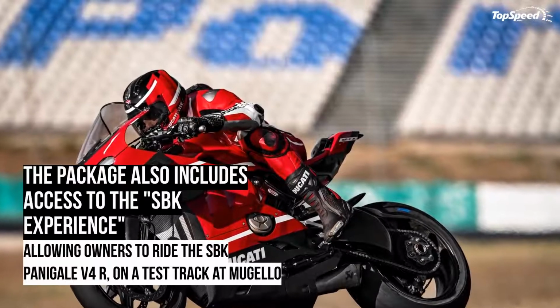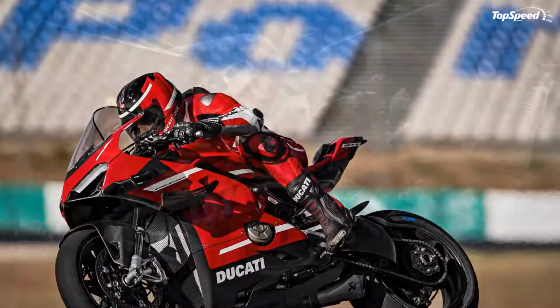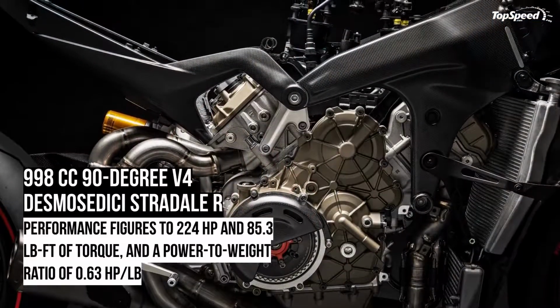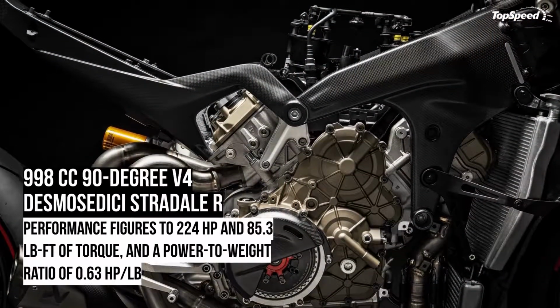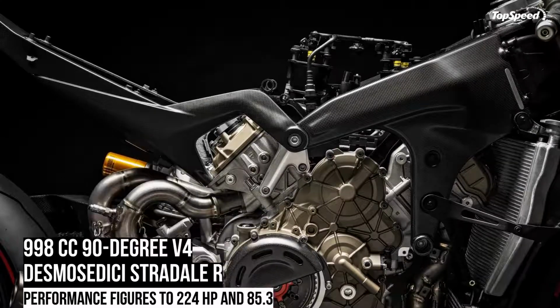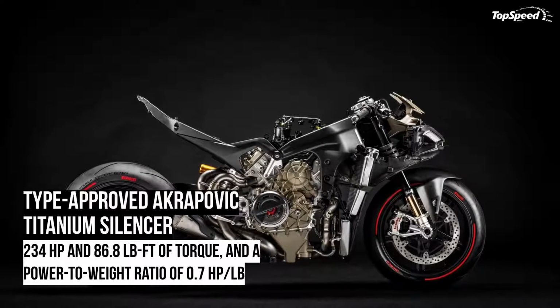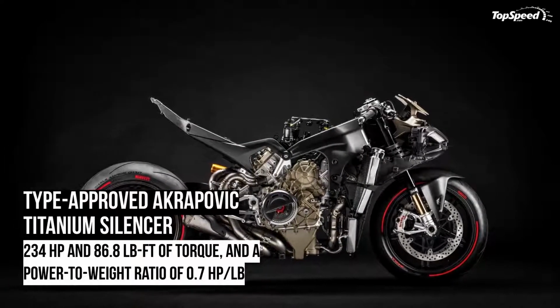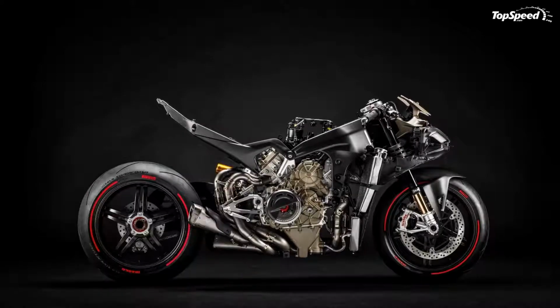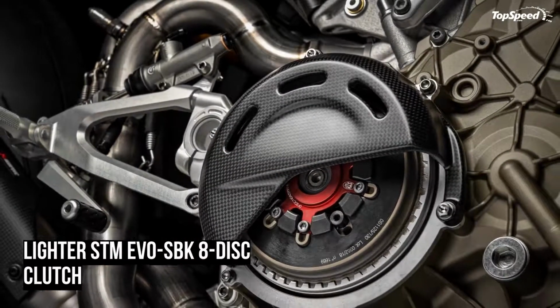Sounding similar to Aprilia's RS V4, this V4 from Ducati will also make use of the Big Bang effect for maximum traction while exiting a corner. Engine specification: add the Akrapovic titanium full racing exhaust system while on the track, and the power figures go all the way to an astronomical 234 horsepower and 86.8 pound-feet of torque, and a power-to-weight ratio of 0.7 horsepower per